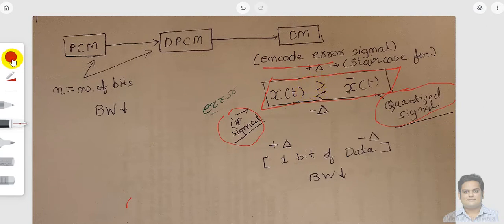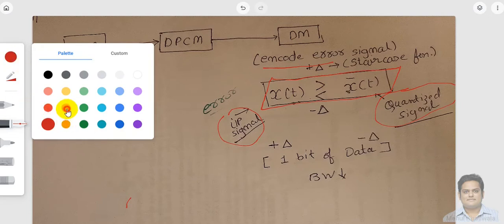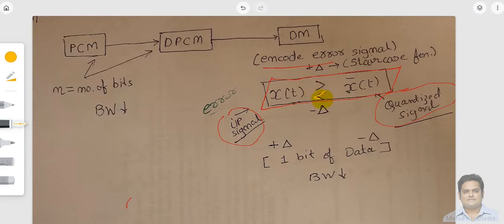We have two different criteria for that. Let's say your quantized signal is greater than your input signal, which is the condition I am talking about.